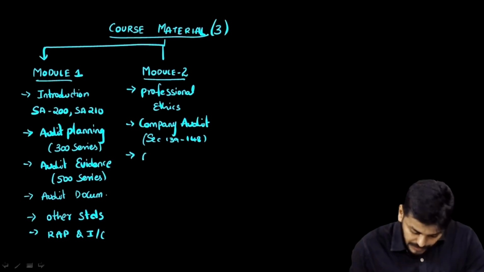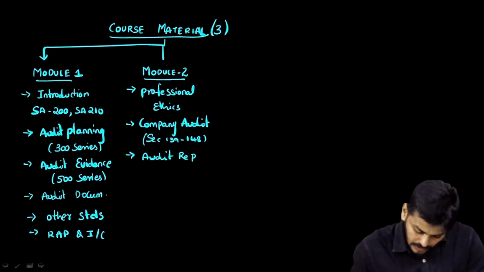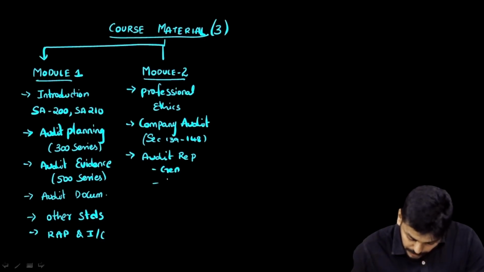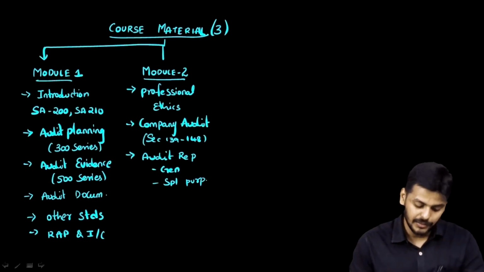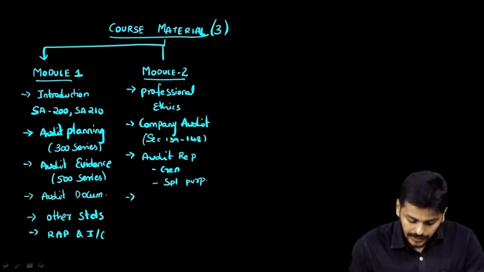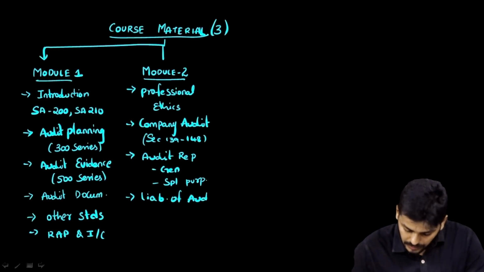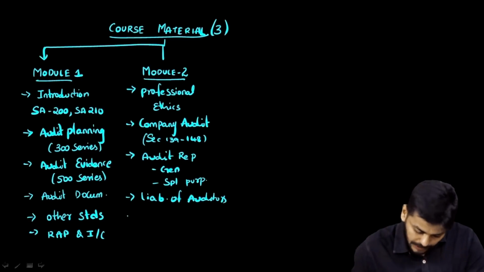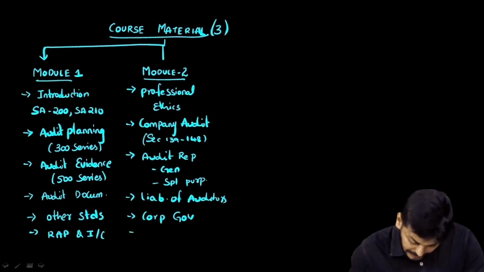And then in this very module, I will also have your audit reports, both general and special purpose. With that, all your standards will be covered, because the 7 series missing here, that's being covered here, and the 8 and the other standard series are also covered here. Then like I said, we will have liabilities of auditors, corporate governance, and audit of